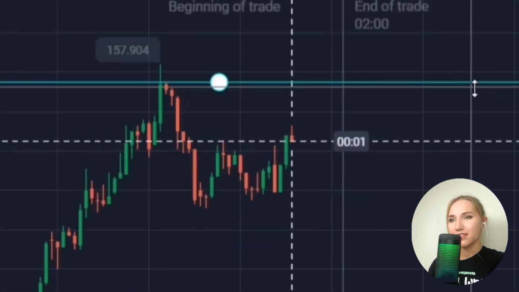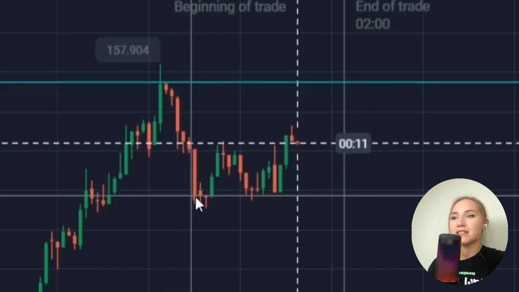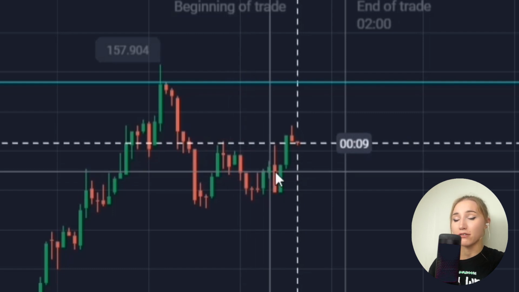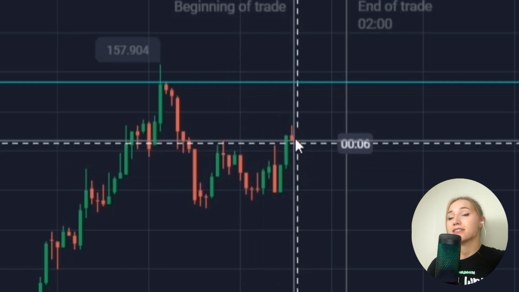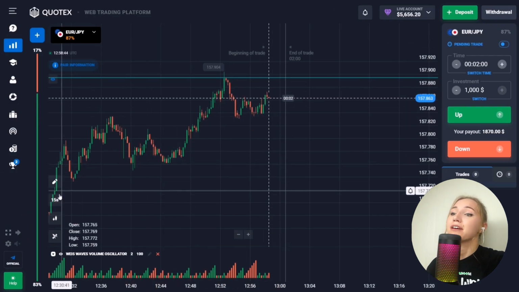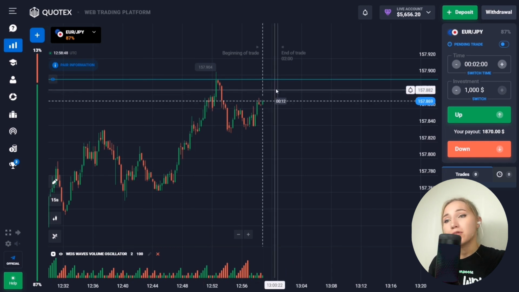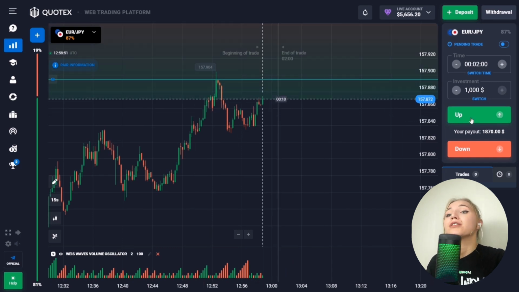So here we have the resistance level and we can also notice that after touching the level the price bounced down and moved in the flat zone. So here the price exited this zone and now approaching the resistance level. The price lows are becoming higher here. This is the upside potential and I'm sure the price is likely to keep moving up to the level